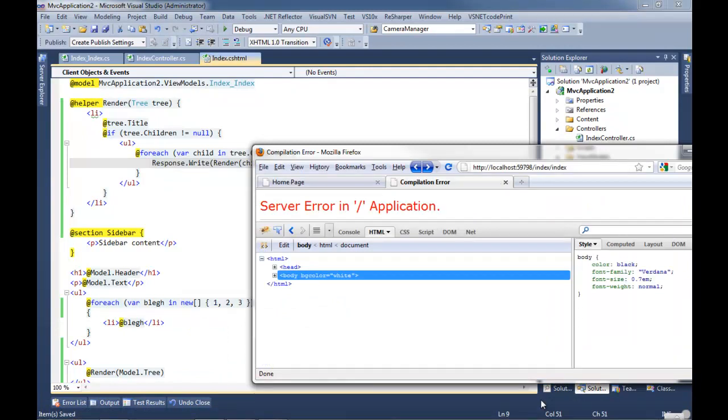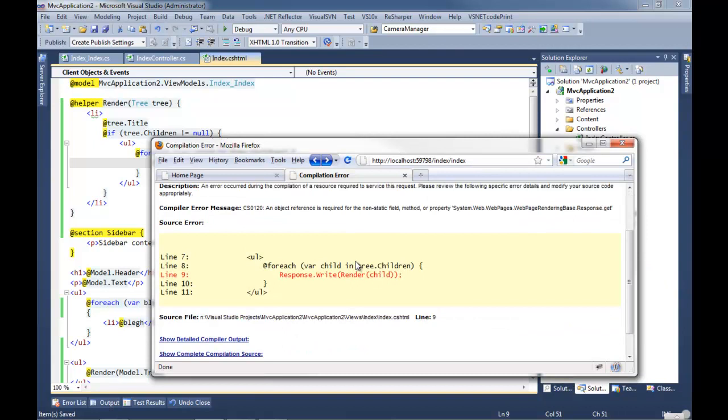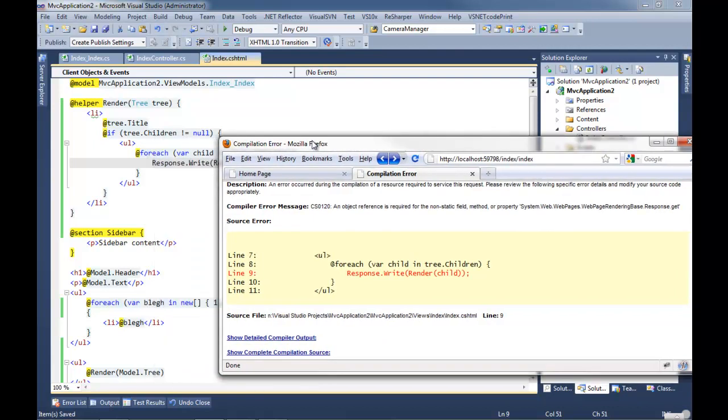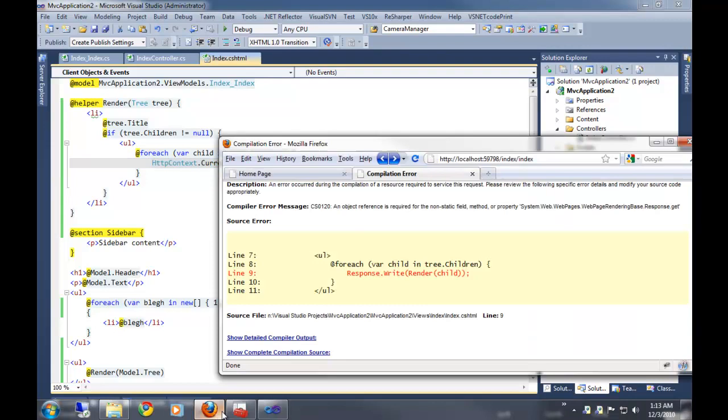And we get an error, and we get Firebug in the way of the error. Object reference. Oh, that's because, remember, this is a static method. This doesn't have access to all of the properties of this. So we'll do HttpContext.Current.Response.Write.